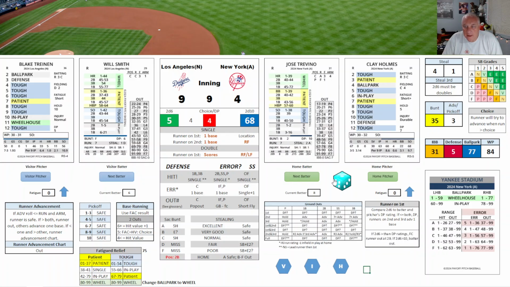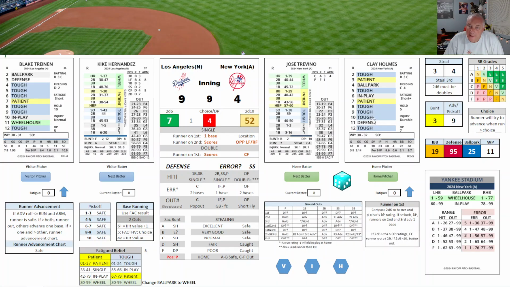Will Smith will lead off. 8, Tough, 83. It's a ground out, 1 out. Holmes, I'm just putting his fatigue in there. He's 3. They've also had bad fatigue rolls. Lux, 5. Tough, 9. Strikeout. 2 down. And Kike Hernandez, 7.